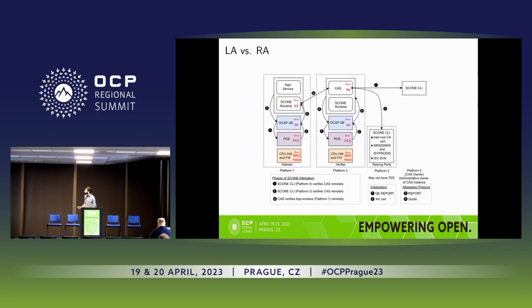And quickly about SCOAN, in the frameworks category, there are a lot of details here, but let's just focus on one specific problem that we found. There is local attestation versus remote attestation. If two entities, the attester and the verifier, are on the same platform, they can simply do local attestation. The SCOAN design was actually using remote attestation even when the attester and verifier were on the same platform.